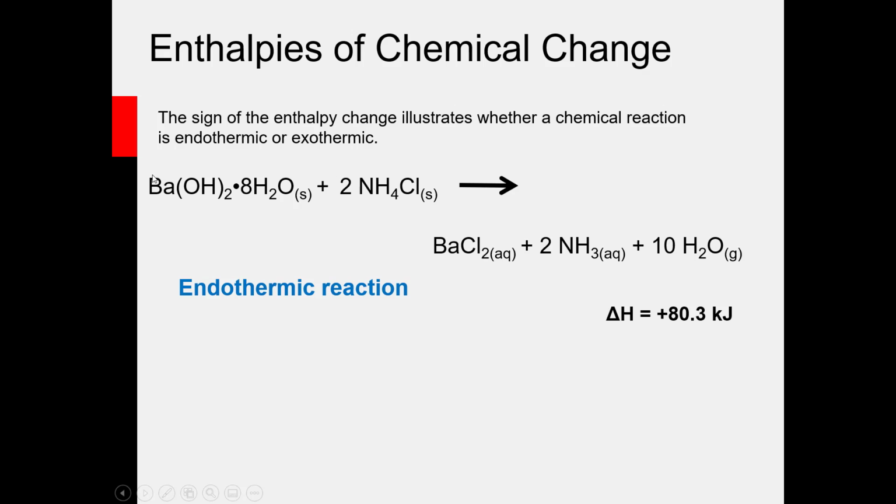This reaction is in fact so endothermic that you can actually use it to freeze the reaction vessel that you're running the reaction in to a countertop or to a board. And I've actually included a video of that below